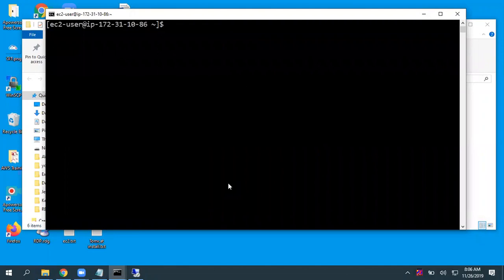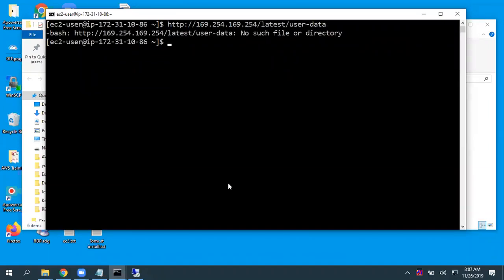Now, I want to view metadata. We have seen metadata for our Windows machine. Exactly the same way we can. But if you give the direct URL, http://169.254.169.254/latest/user-data or meta-data, it says no such file or directory.